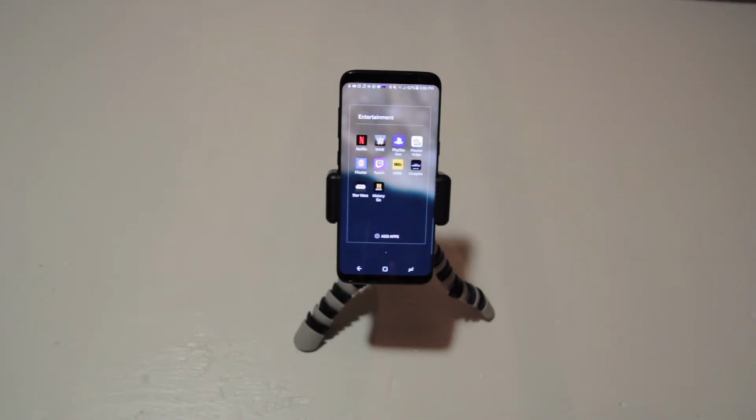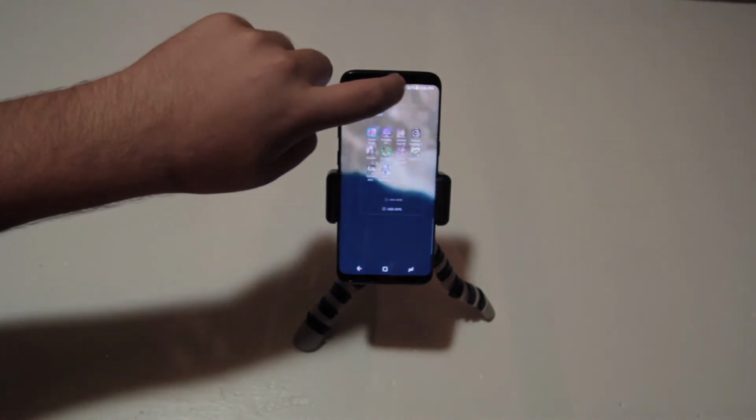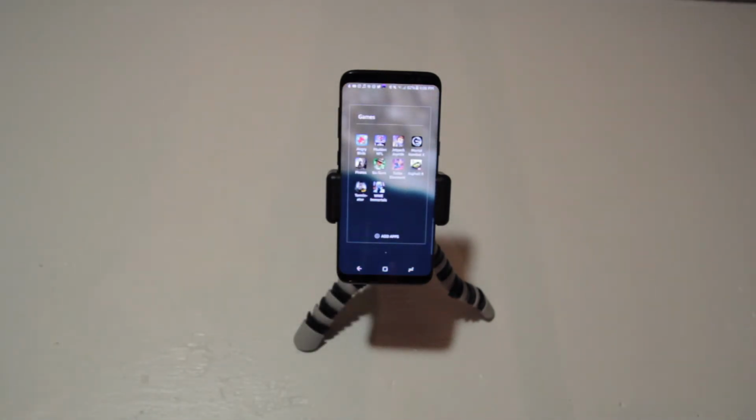So I have my entertainment folder, Netflix, PlayStation, Flixster Video, Flixster, Twitch for watching video game streams, IMDb for looking up movie stuff, Cineplex for checking showtimes, Star Wars app, which is pretty fun, and then History Go for watching TV. And then I got a bunch of games, Angry Birds Classic, Madden NFL, Jetpack Joyride, Mortal